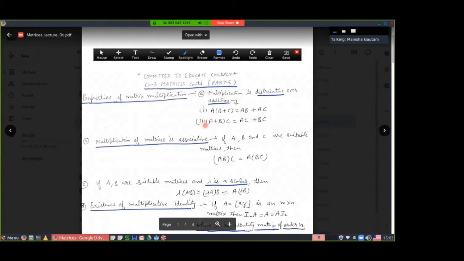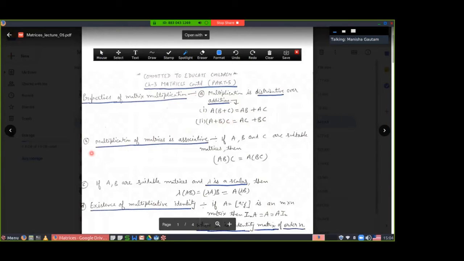In the second part, A plus B is post multiplied by C. It means you have to write C second: AC plus BC. If you post multiply by the matrix, then you put it second. If you pre-multiply, then you put the matrix first. So AB plus AC in the first part, and in the second part AC plus BC. If you change the place, then the property changes. You have to remember pre-multiplication and post-multiplication by the matrix.